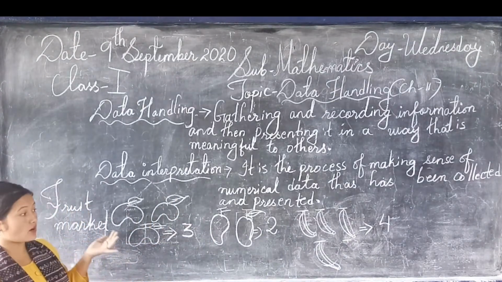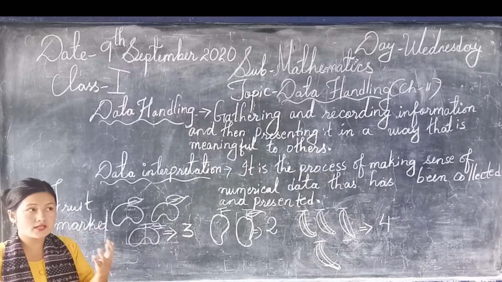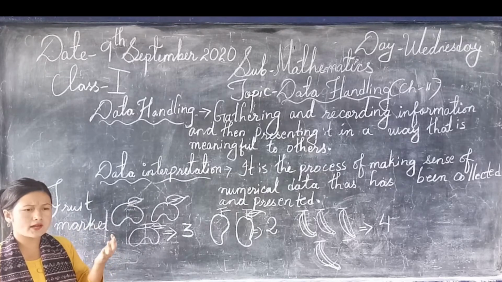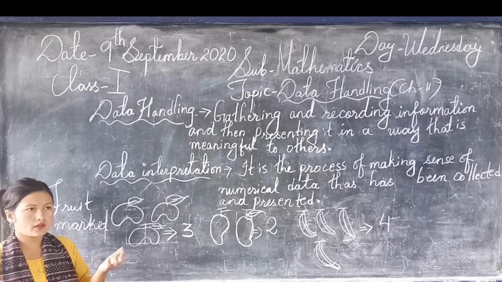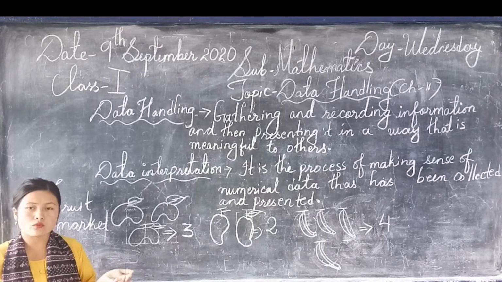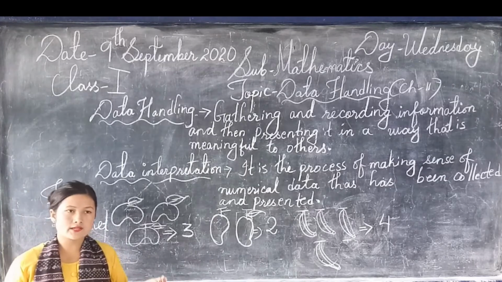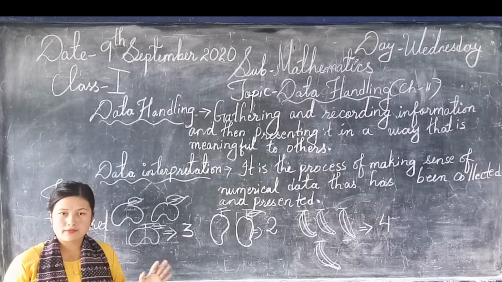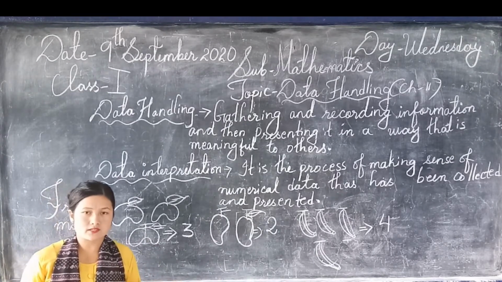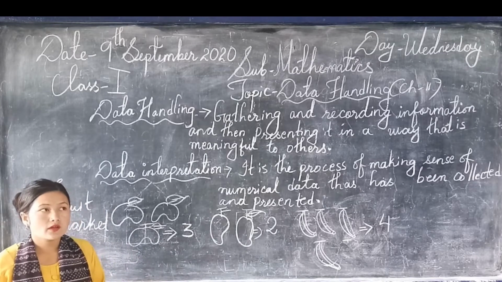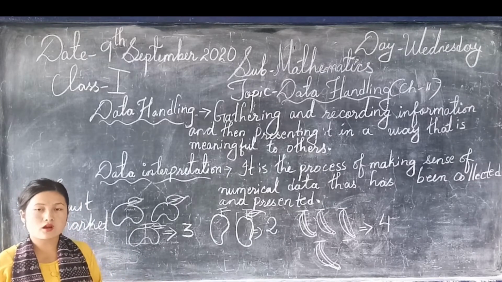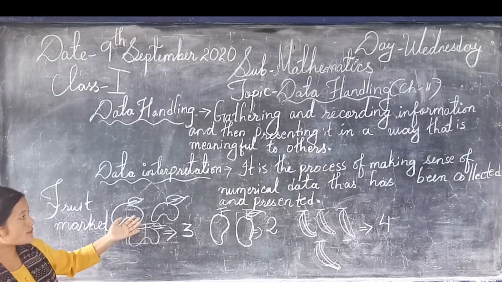So this is the interpretation. In a market there are fruits kept, and we go over there, and if we buy 1 kg of apples, or 4 apples, or 5 apples, we count it, isn't it? We count how much quantity there is. For example, we can